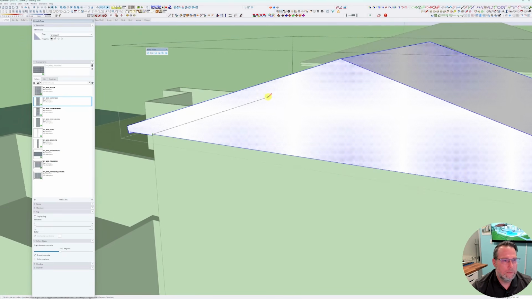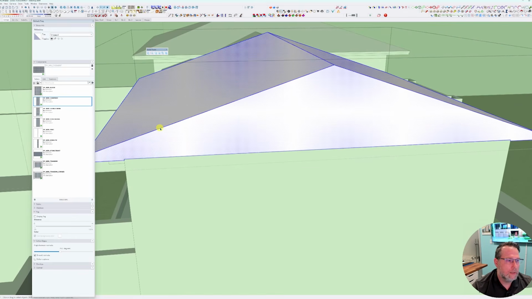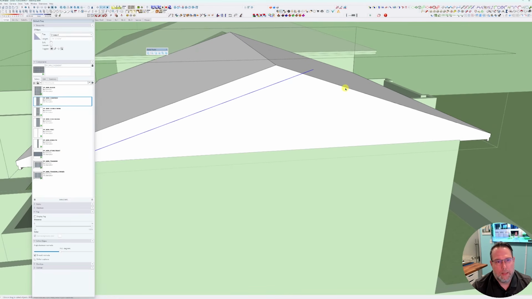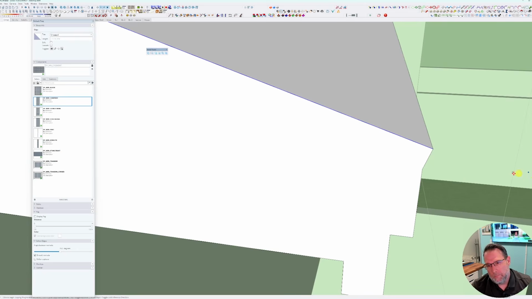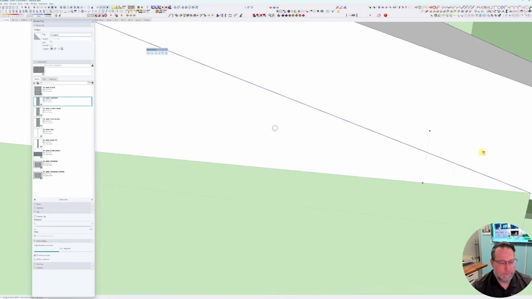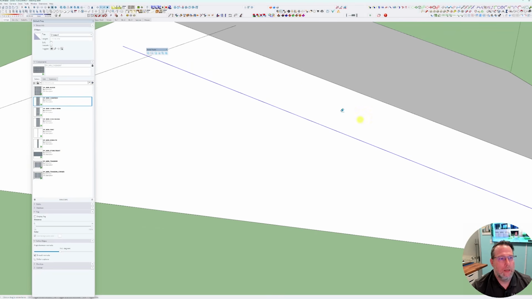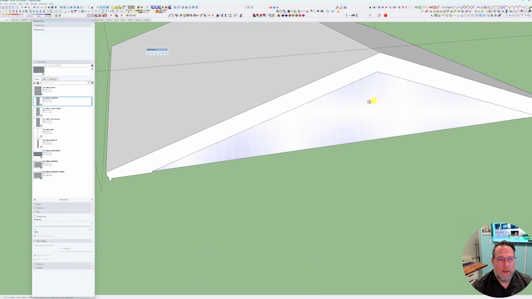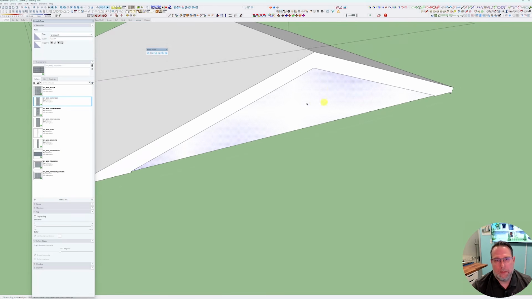I'm trying to inference, it's not inferencing, but I'm just going to grab this line and make a copy, because I'm going to show you kind of one last thing. I grab this and I'm going to put this here, and I'm going to just erase these extra lines. This triangle here, I'm going to copy it, and then I'm going to push-pull in 8 inches,